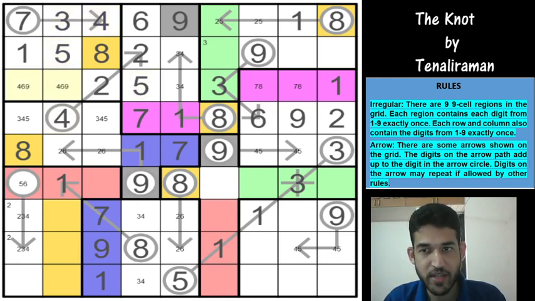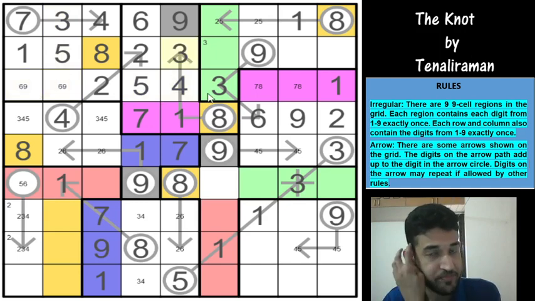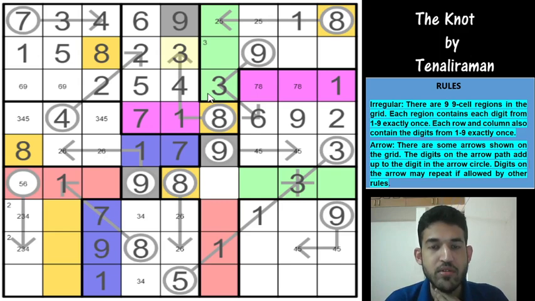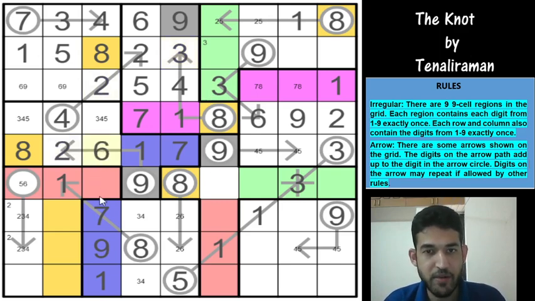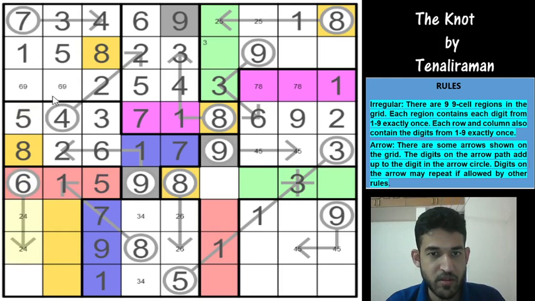Because of this 5, that becomes a 6, 9 pair, and that becomes a 4 and a 3. This 2 resolves this 2, 6 pair, and these two cells become 3, 5. And for column 3, you have only one cell left for the 3, so 3 has to be here, that has to be a 5, that has to be a 5, that becomes 6, and that becomes 2, 4. And that resolves the 6, 9 pair,